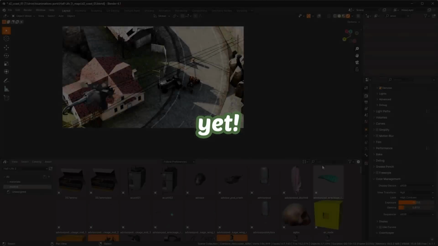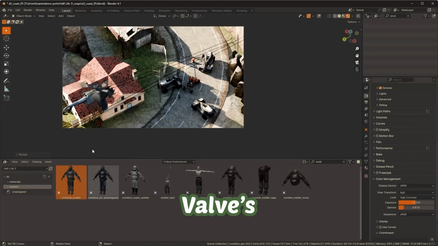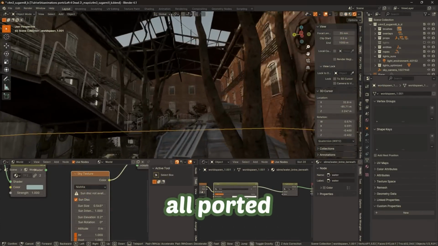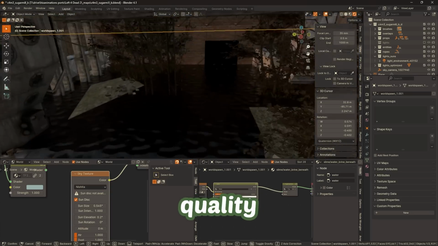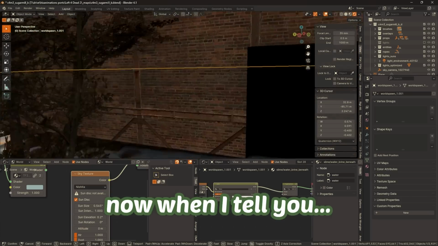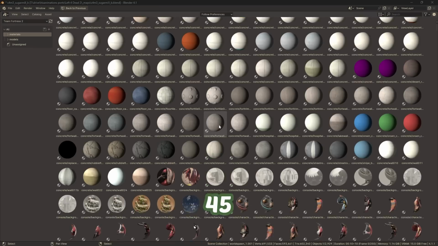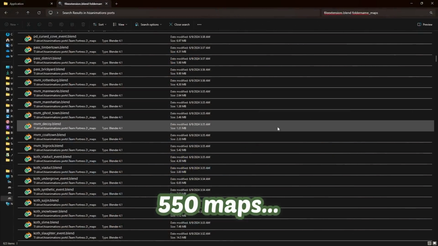I'm back, baby, and back with a new product. My best and most extensive yet. An archive of 8 of Valve's Source Engine games with their models, materials, and maps all ported to Blender in the highest quality possible. Now, when I tell you that there's more than 45,000 models, 45,000 materials, and 550 maps,